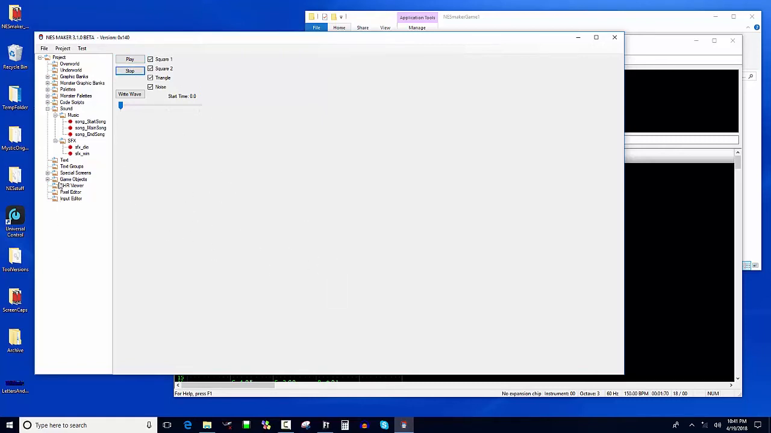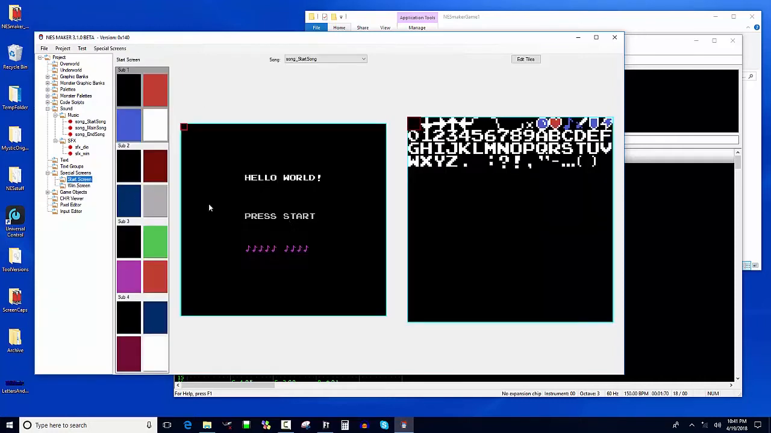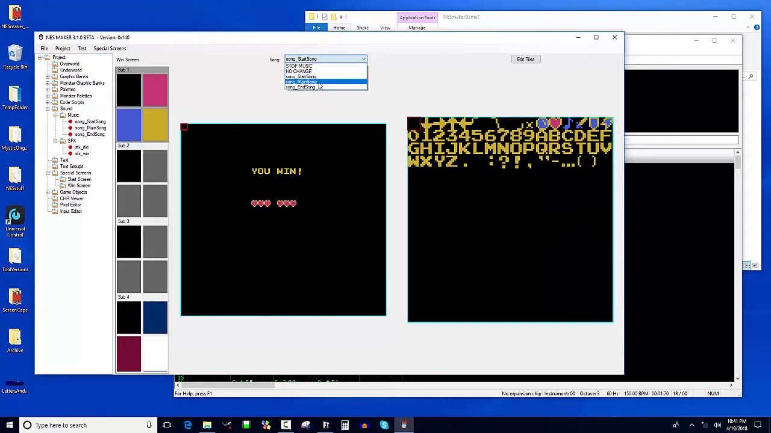I'm going to put them into the special screens first. It's super simple to put them in special screens. This one's already ready to go because by default it chose value 0, which is start song. Don't use stop music or no change right now. Right now they point to rogue values and will just give you a bunch of noise and maybe do all kinds of things to the game. We're just going to stay away from that. We're going to use start song for the start screen, and we're going to use win song or end song for the